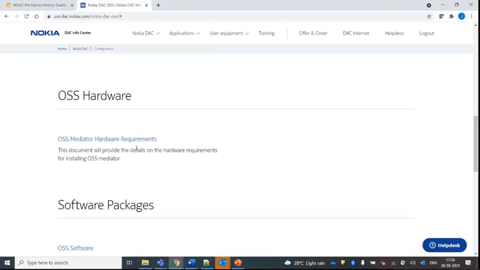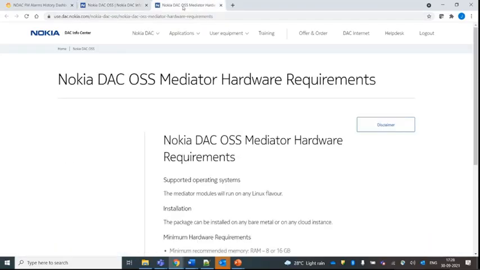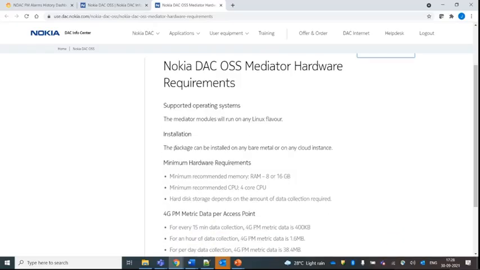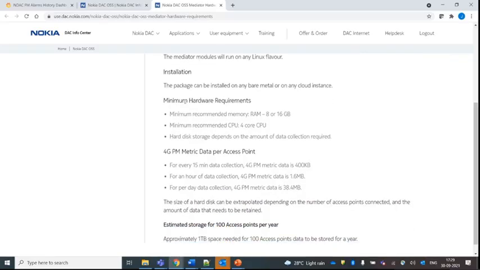On this page, we have listed the hardware that is needed to set up the OSS mediator. As I mentioned, the whole OSS mediator can be installed on any bare metal or on any cloud instance. And coming to the hardware requirements, these are some of the recommended